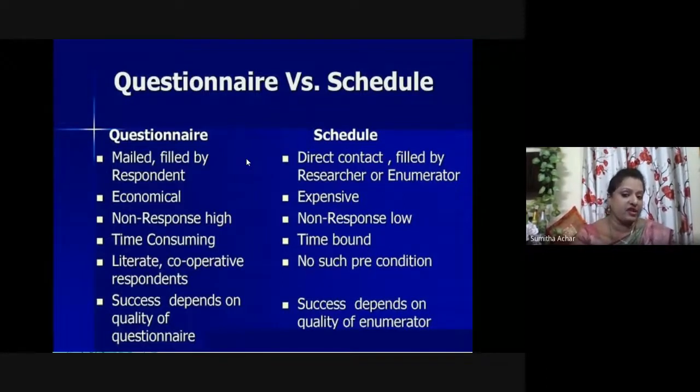Now here, when you are drafting a schedule, understand the researcher can decide how he wants to draft the questions. Normally, when we draft a questionnaire with Likert scales, we use favorable and unfavorable items, because you are asking the respondents to fill it in by themselves, so you want something like lie detectors. But in schedules, you can put everything in favorable conditions only or unfavorable conditions only, since you are collecting the data yourself, and you can ask the questions and fill in the responses accordingly, right?